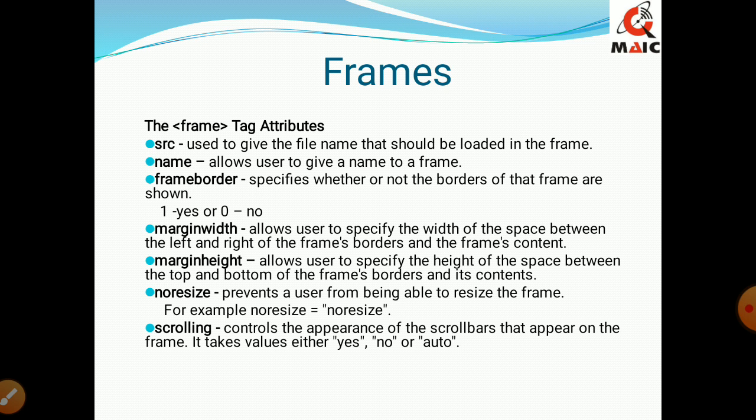Noresize means that the frame cannot be resized by the user. We can do it by writing noresize in the attribute. And the last one is scrolling. That means whether the user wants to have scroll bars within the frame or not. It can take the values yes, no, and auto. Auto means that if it is required, the scroll bars will come on their own.